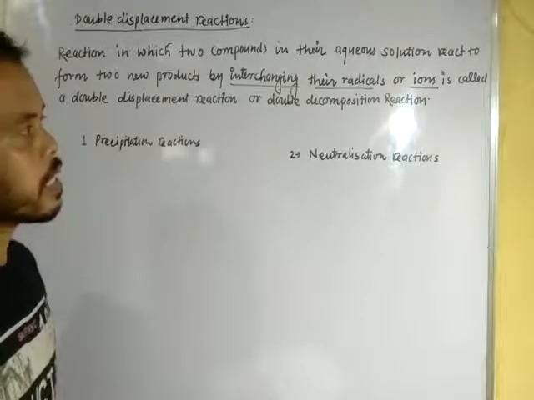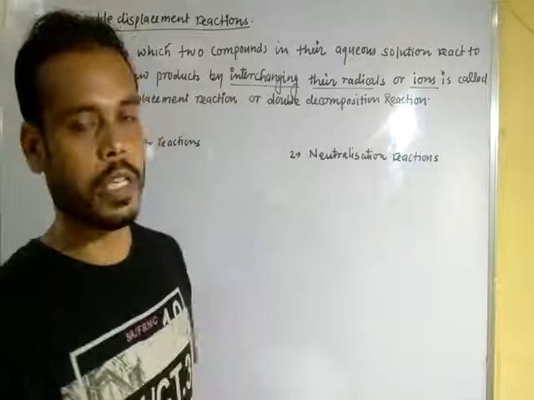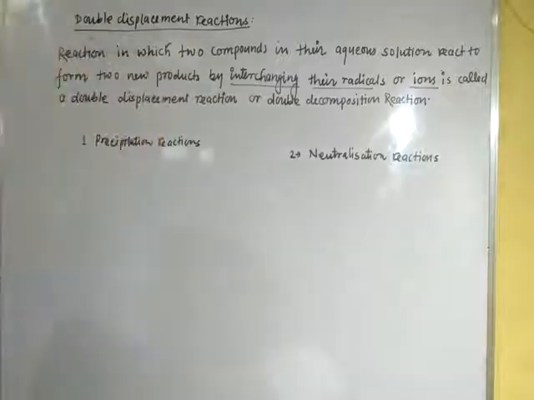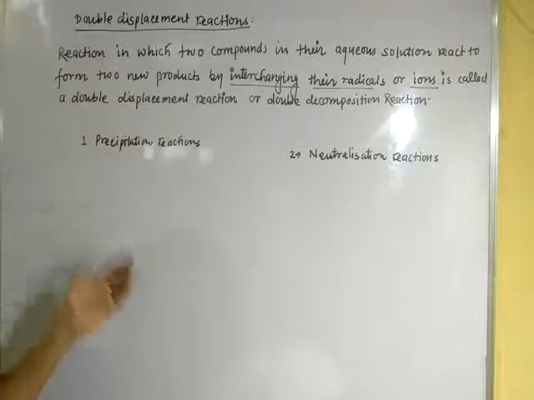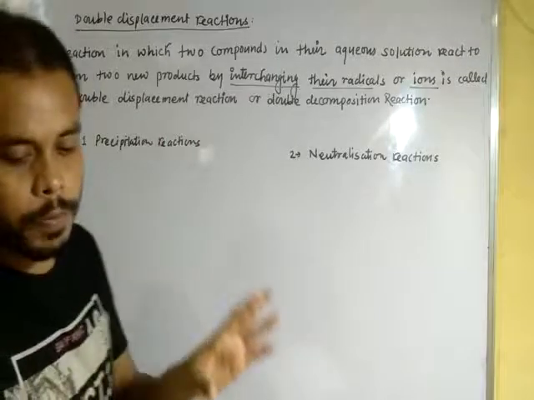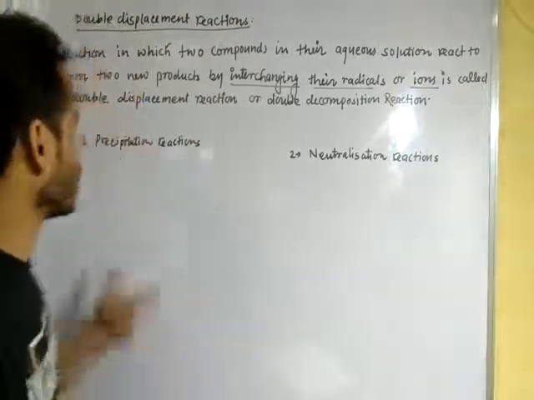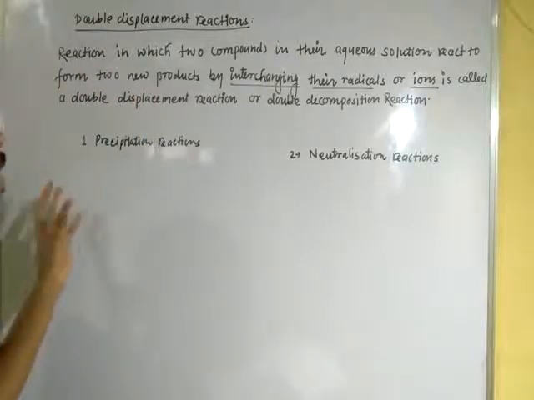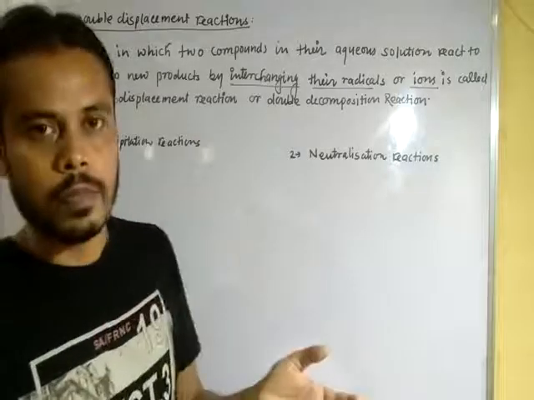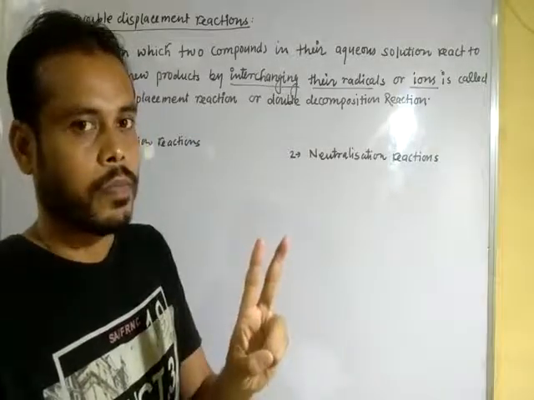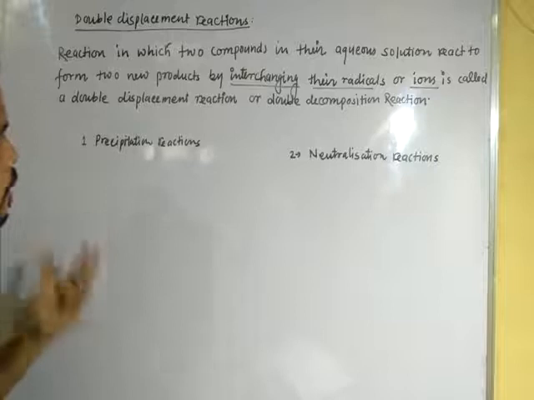Now dear student, we have double displacement reactions or double decomposition reactions. They are of two types. One is precipitation reactions, second one is neutralization reactions. First of all, what is a precipitation reaction? Some double decomposition reactions, or some double displacement reactions, take place by the formation of a precipitate, that means when some compounds react and interchange their radicals, at least one precipitate compound is formed. Okay, how? Let us see.